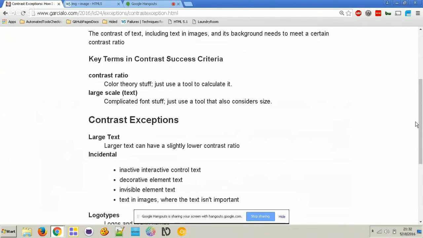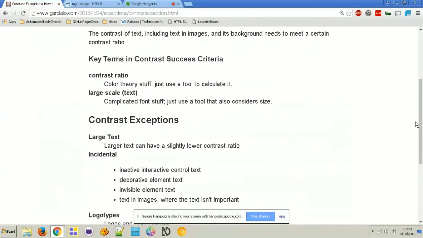Well, contrast ratio is kind of complicated color theory stuff. I really don't understand completely what it is. I've read it several times, and I understand it while I'm reading it, but I just don't really retain that information. It's not my area of expertise. So I just use a tool to calculate it, right? Because we have all these tools that do a good job of doing that. We have ones that will do it automatically for text in the pages, and we have the color contrast analyzer, which is a TPG tool, and that will let you do manual testing of two colors that are on a page or in an image of text, or in images of text, things like that.